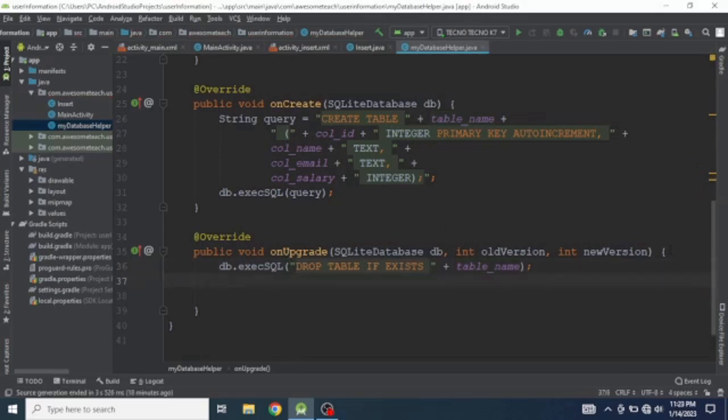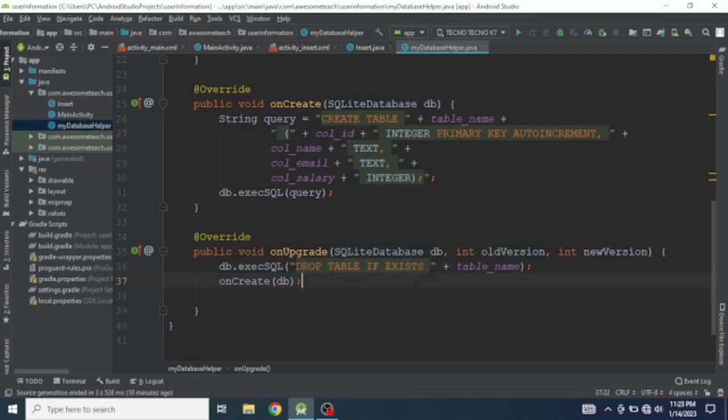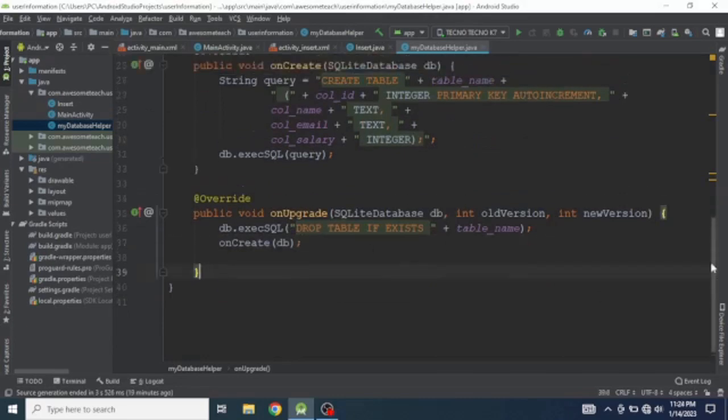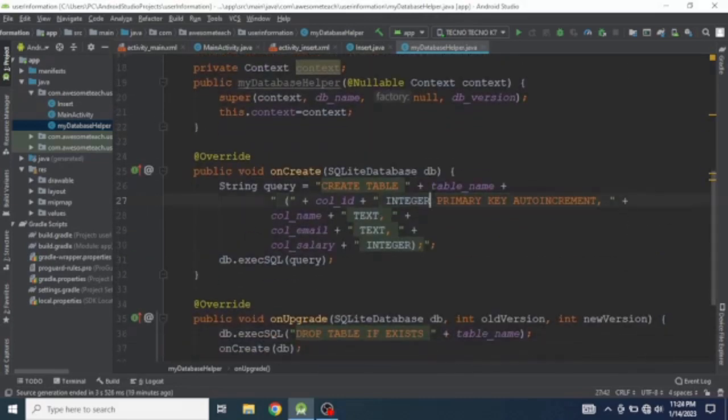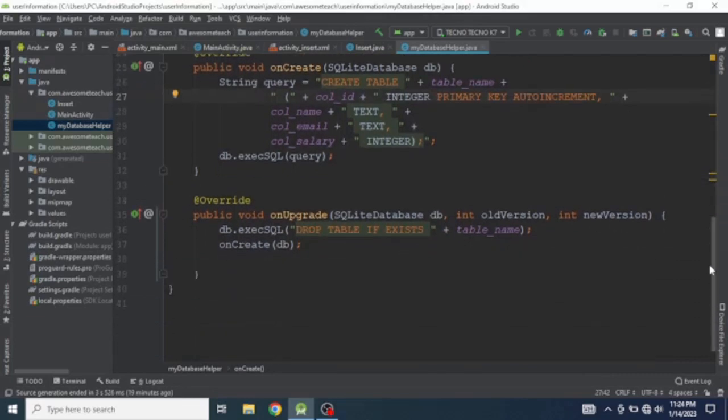And finally, we have to call onCreate method. So we have created our table over here, and on the upgrade method, if the table already exists, it will